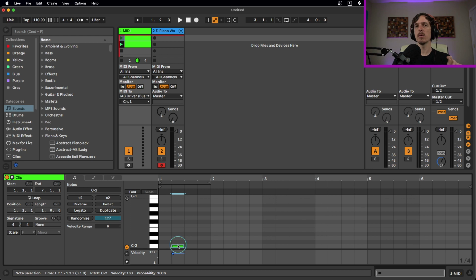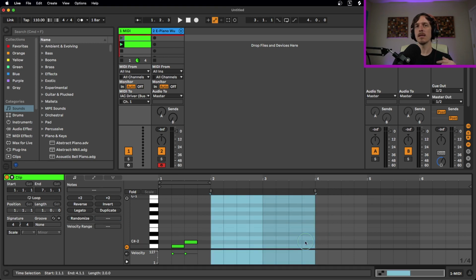Next thing we want to do is we want our first clip to launch and start recording, which is going to start right here. So we're going to put in a MIDI note right here. So this record arms, this is going to trigger the activation for the first clip to start recording right here. This is going to record for 2 bars from here to here, and then we need to trigger the next